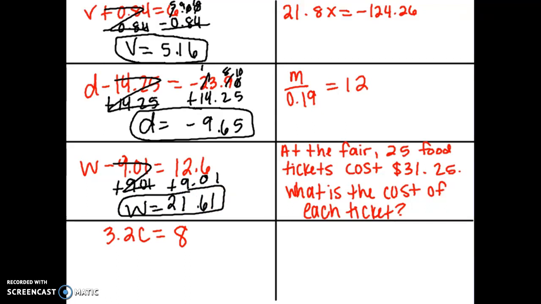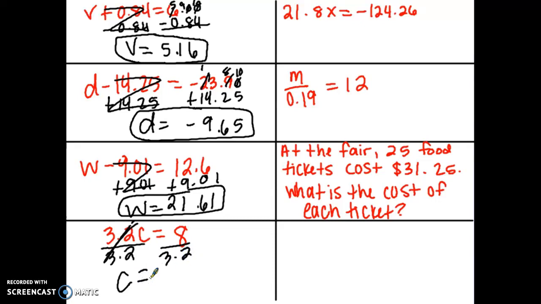3 and 2 tenths C equals 8. When you have a number in front of a variable, so when your variable has a coefficient, that is multiplication. You're saying 3 and 2 tenths times whatever number C is representing. So the inverse of multiplying is to divide. I'm going to divide by 3.2 because 3.2 divided by 3.2, anything divided by itself is 1. Anytime you have a coefficient of 1, you just write the variable. So when these two cancel each other out and leaves me with C, I'm going to divide by 3.2 on